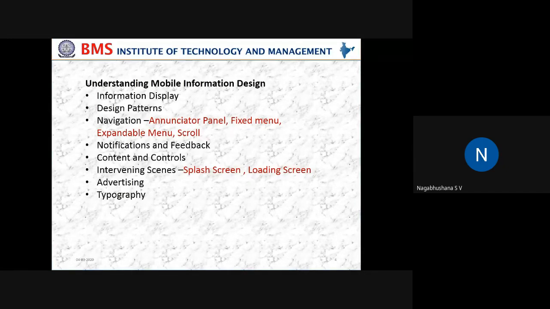Similarly, if you add a contact to your mobile, maybe to your SIM or memory card, there is a structure for it: name, phone number, email ID, etc. All this information will be available. So this is called a fixed menu.